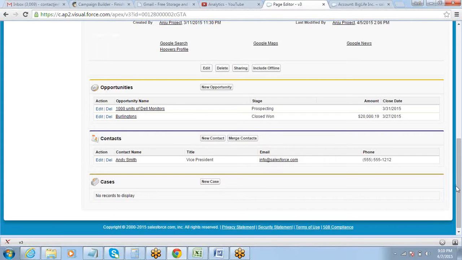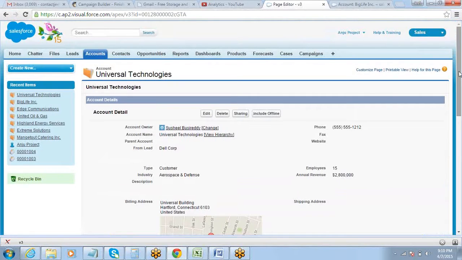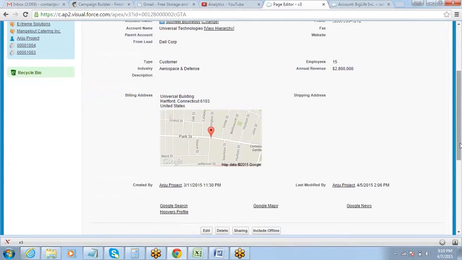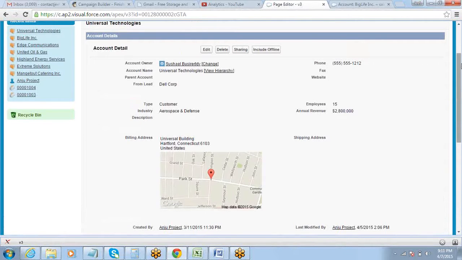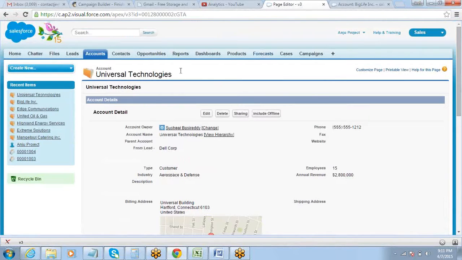Okay, so in that case, what we are going to do is we can create another kind of a setup. The same page can be created with a different layout, where for the related list I can create different tabs. So now all these related lists are just listed vertically. Instead of having the related lists vertically, what I can do is I can just create multiple tabs on the page. Okay, so there can be a detail tab, there can be a tab for opportunities, there can be a tab for the cases, there can be a tab for the contacts, that way, right?